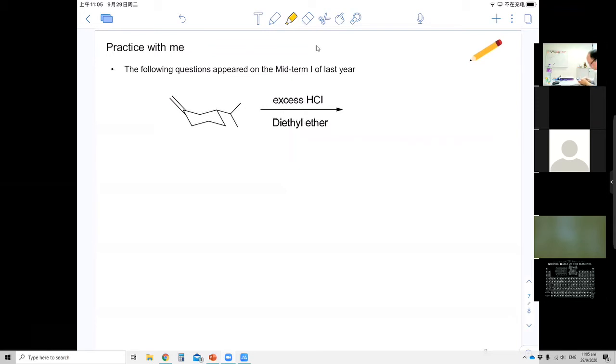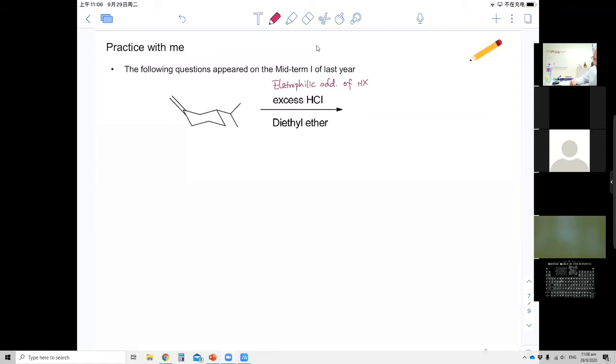All right, did you get the answer? Okay, so again, first look at the reaction conditions. So excess HCl, and look at the starting material. You have an alkene. Pretty straightforward. Okay, so electrophilic addition of HX,